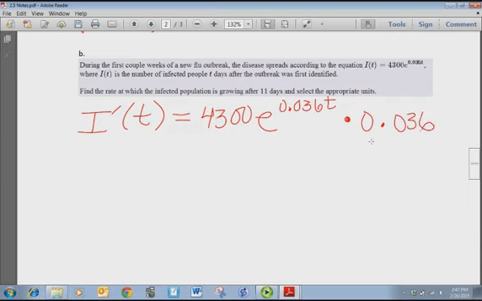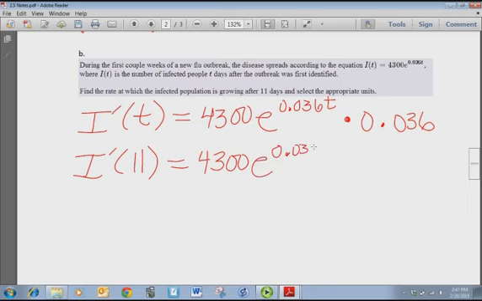So that's your derivative, and then if you plug in 11, so I prime of 11, that's 4,300 e to the 0.036 times 11 times 0.036, and you should come up with